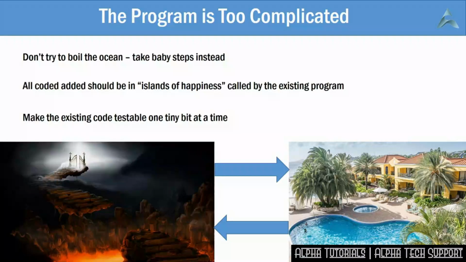Routines are supposed to be small, but in real life, especially in these monster programs, you find form routines that are thousands and thousands of lines long. That makes it much more difficult to do the island of happiness trick, but at the very minimum, you can start extracting the database calls to their own class. That's a low-risk change, and is one tiny step down the long road to making the code testable. This is no doubt extra work, especially for a minor bug. But let's see how this approach can turn an island of happiness into a continent.